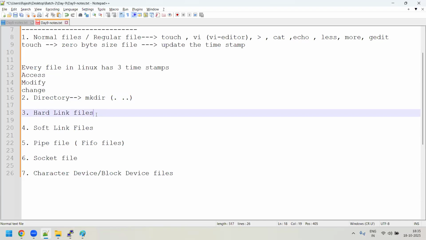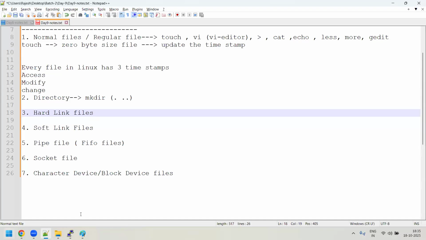But I'm just telling you that you also try to understand what is the difference between hard link and soft link, because we'll be using them a lot in our day-to-day activity also, particularly soft link actually, not that much hard link, but still we have to understand the difference. But let me first tell what is a hard link. Hard link is something, guys, where we try to keep a copy of the same file.